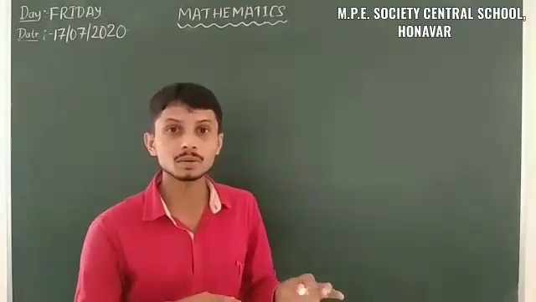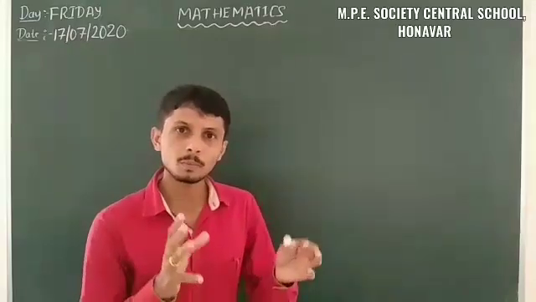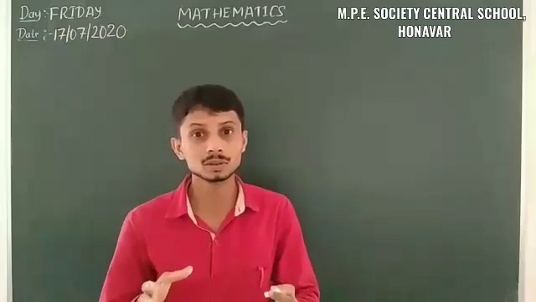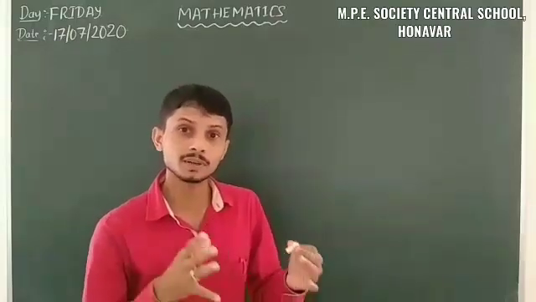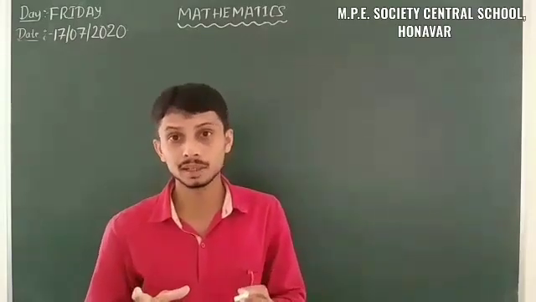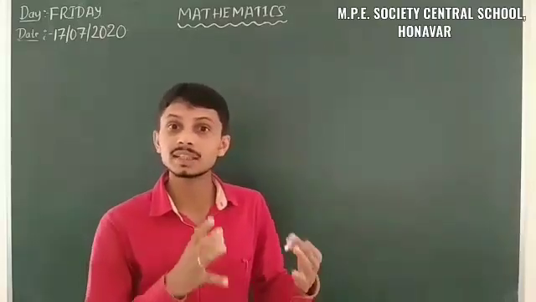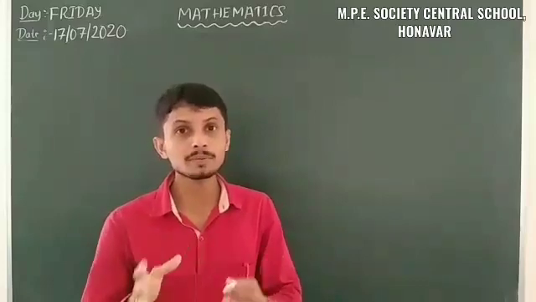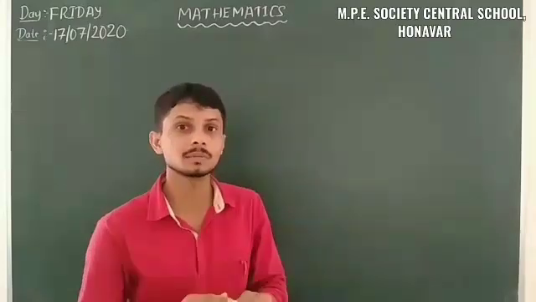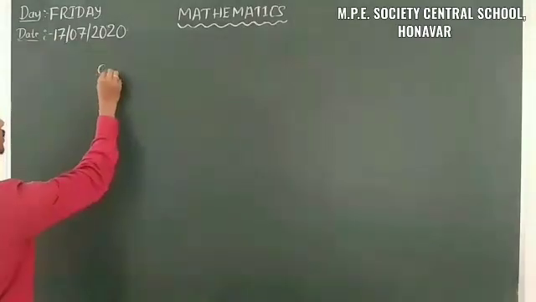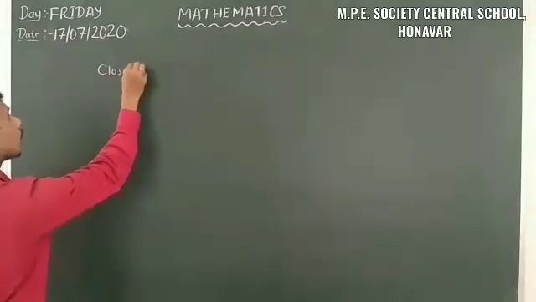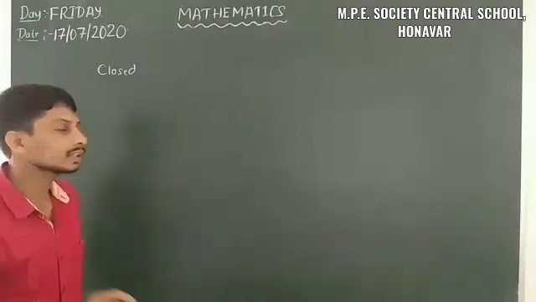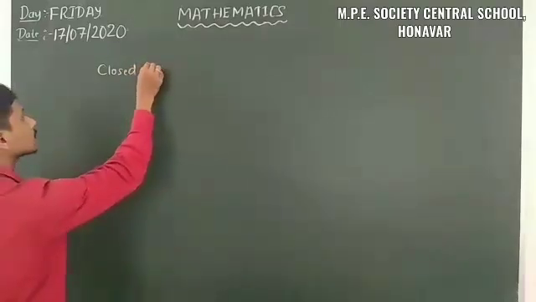Firstly, we have to learn what a polygon is. A polygon is a closed curve. I already told about that. What is a closed curve? It is made up of some line segments occupying some area. Firstly, I will mention what a closed figure, closed curve or closed shape is. You can take anything. So I will take closed figures.